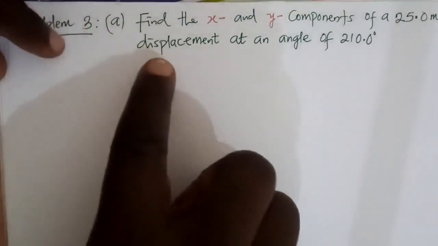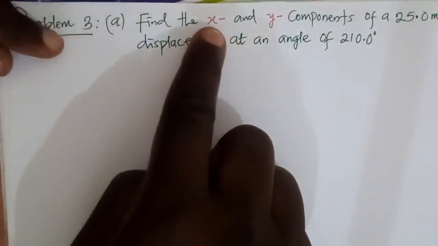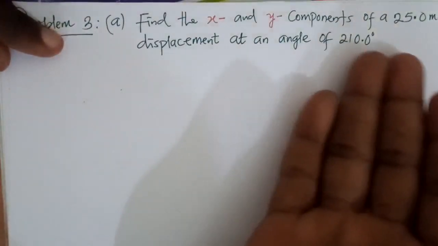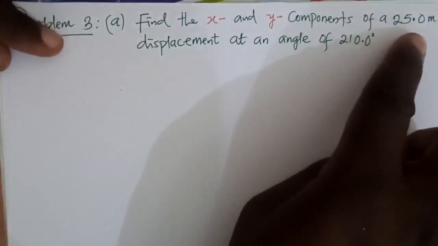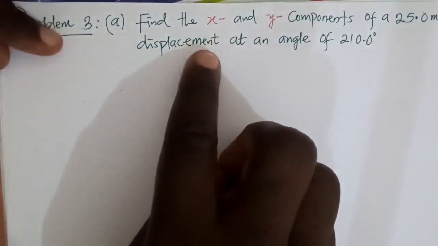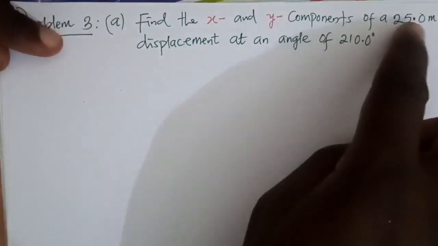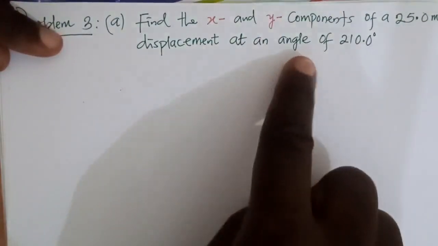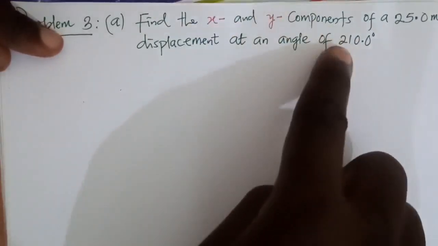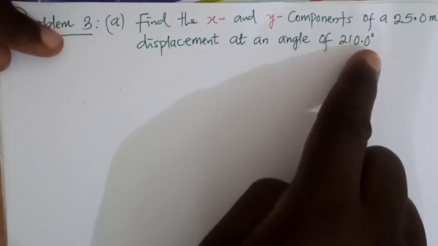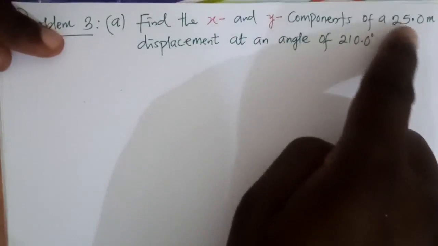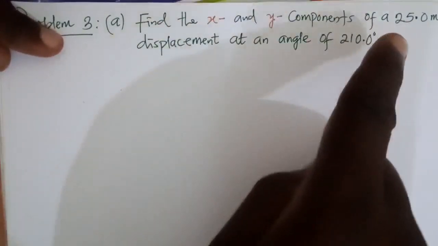We have a problem here that says find the x and y component, which is the effective value of the vector that they are going to mention, of a 25.0 meters displacement. You have a displacement vector. The magnitude of the vector is 25.0 meters, and the angle it makes with respect to the x-axis is 210.0 degrees. So the question is, what is the effective value of this vector along the x-axis and its effective